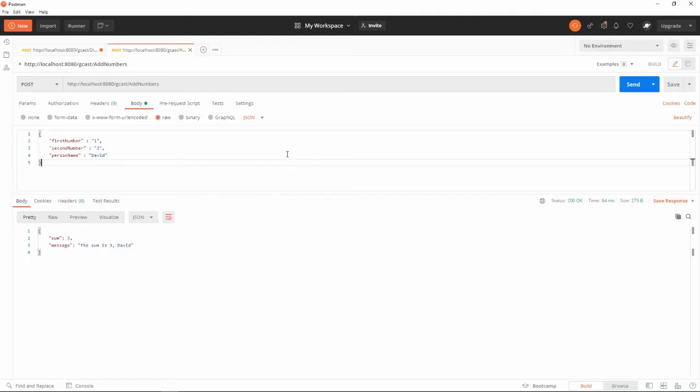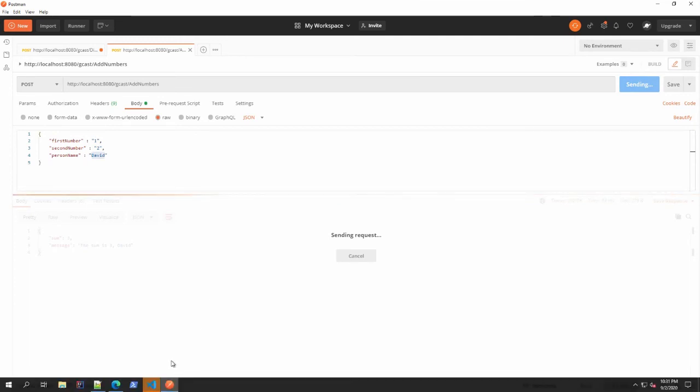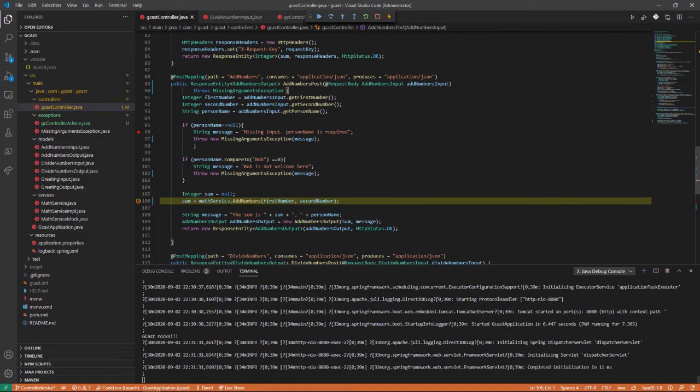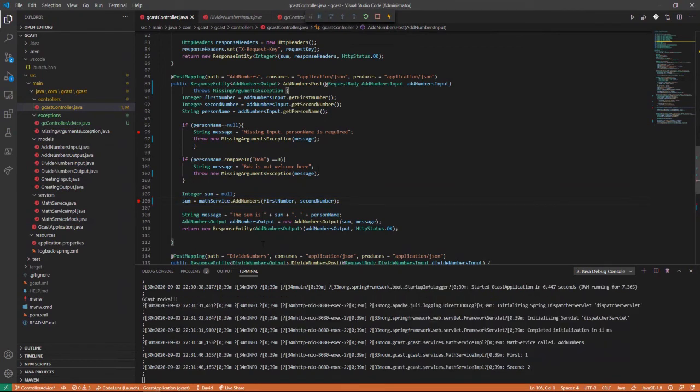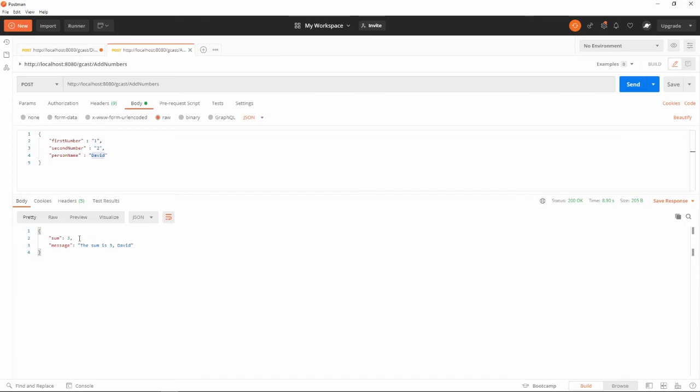It's running. I'm going to go in here and say, here's my add numbers. This is all good. 1, 2, and David. If I hit that right here, then yeah, I hit the breakpoint, but everything should be great there, and I should get some nice, 3, the sum is 3, David. But if, for example, I'm missing the person name in my input,